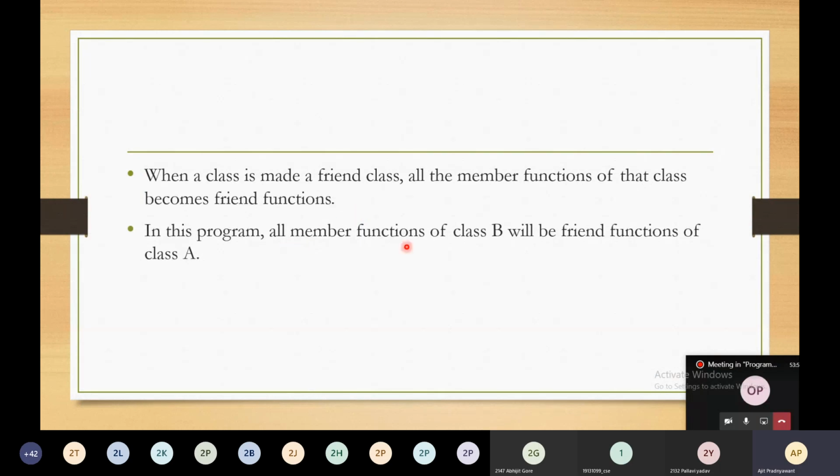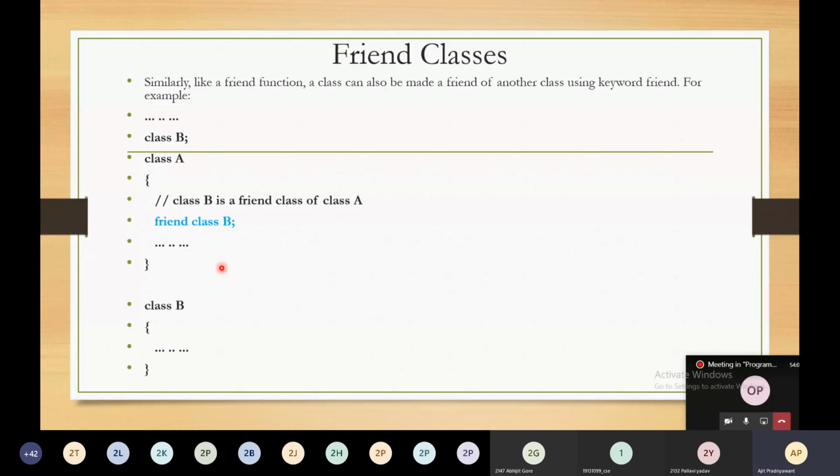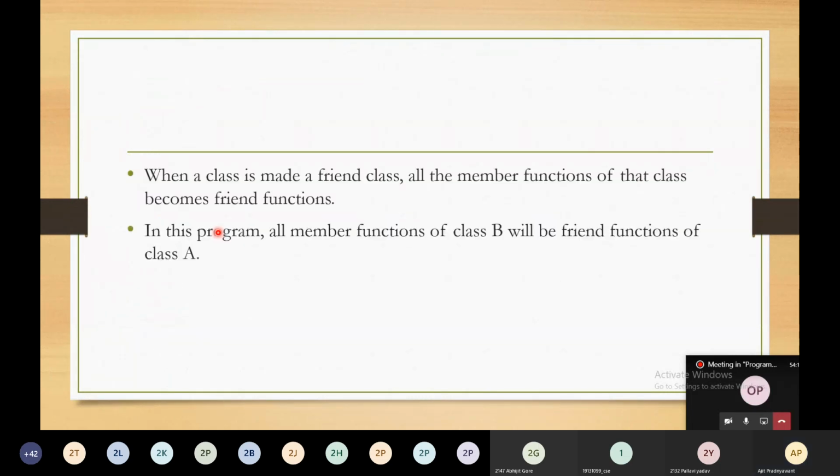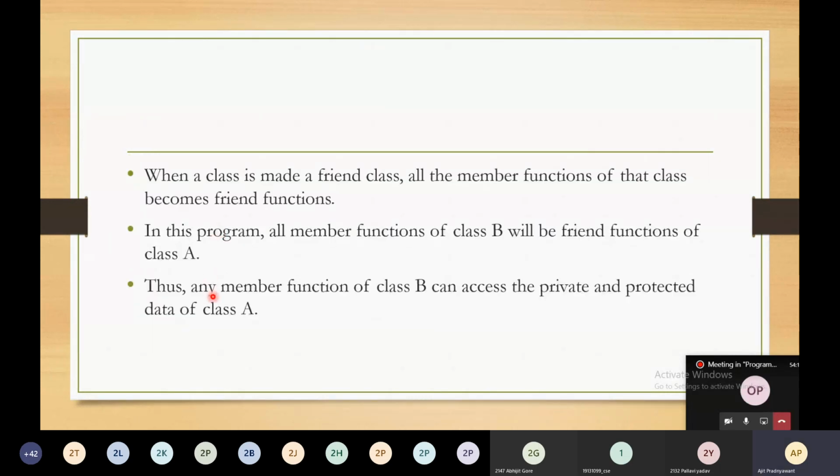In this program, all the members of the class B will be friend functions of class A. All the member functions of class B will be friend members of the class A, because we have said here friend class B. So any member function of class B can access private and protected data of class A.